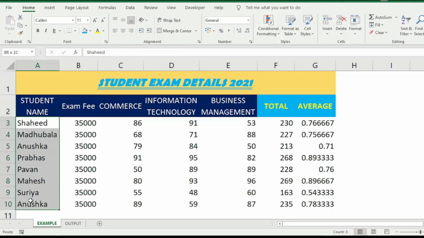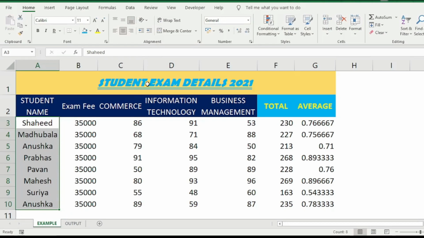select your names, select the details, and then there is an alignment here. Left, middle, and right. If you click this middle, what happened? Data will align in center. If you click this right, data will align right. So this is how we have to align text in a cell. I would like to choose center. So now I have aligned the text in center.